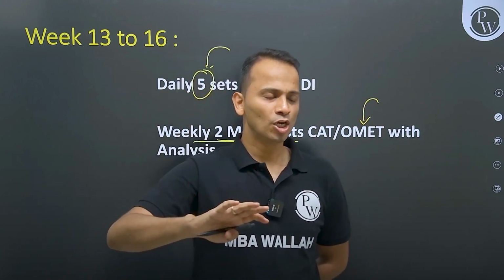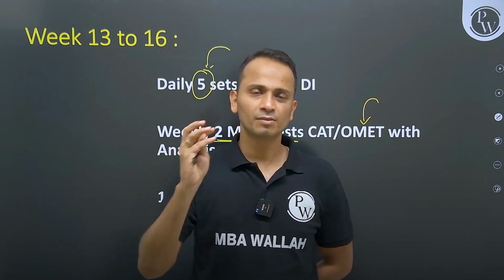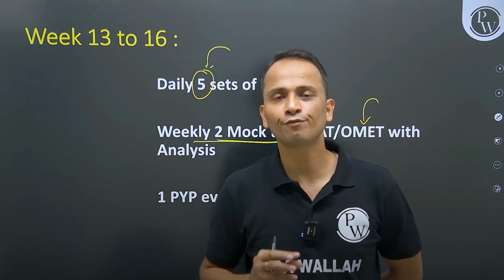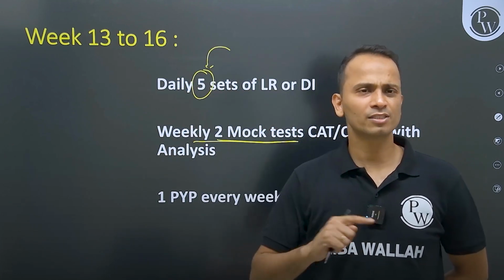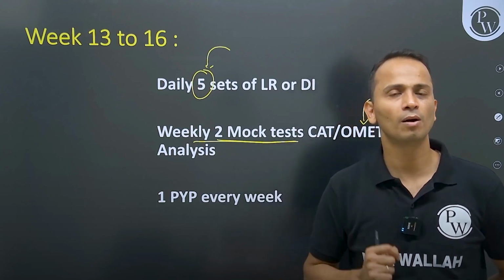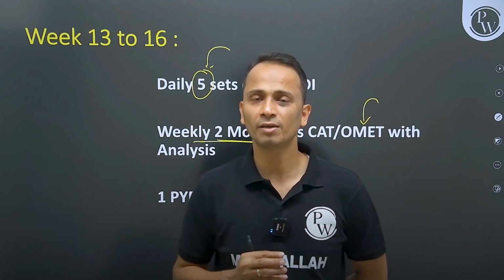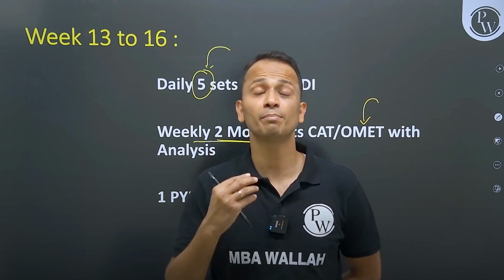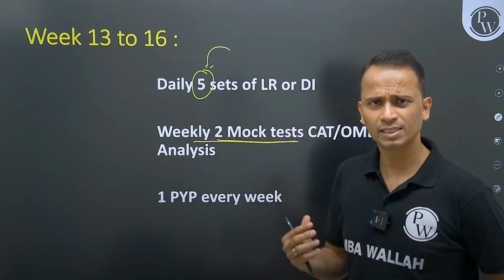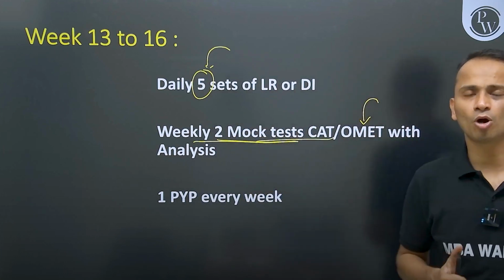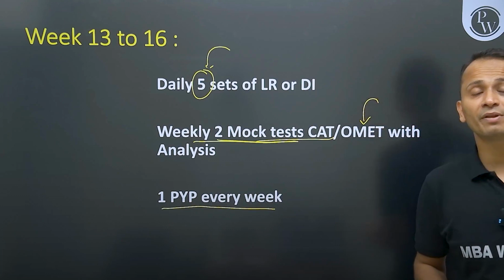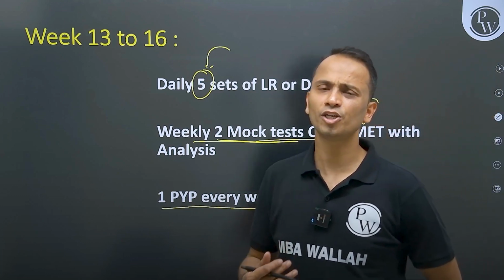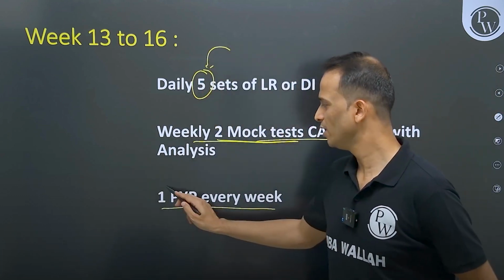Don't start with SNAP, but the students who are appearing for the NMAT examination in the month of November can plan 3 or 4 mock NMATs in this month, so that they have a complete idea about NMAT, the syllabus, and the pattern. And just continue with the CAT mock test series as well. Now, one PYQ, one previous year paper every week, will continue. You can increase it to 2 as well.